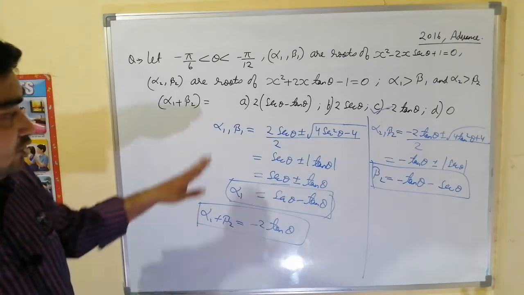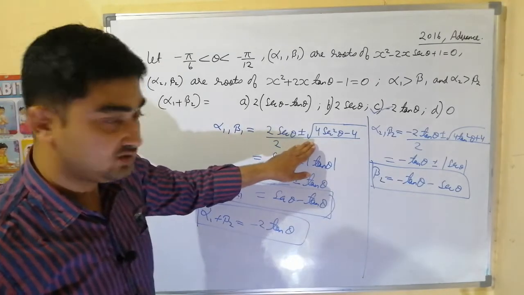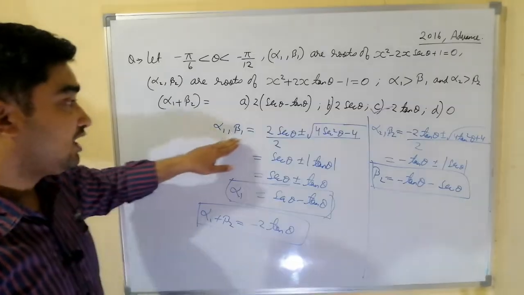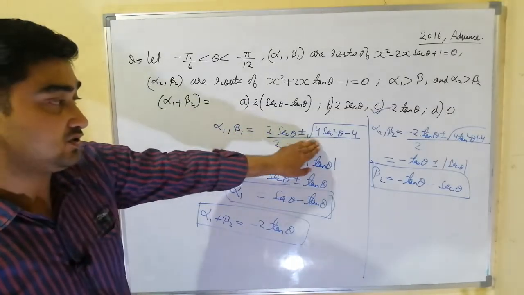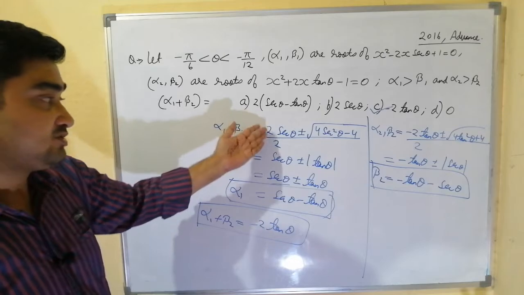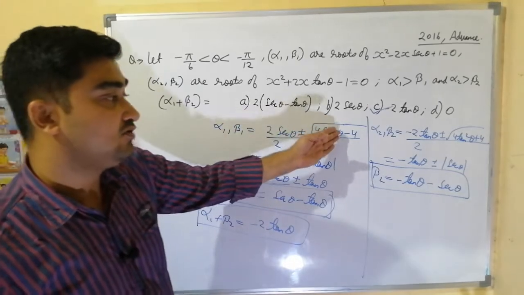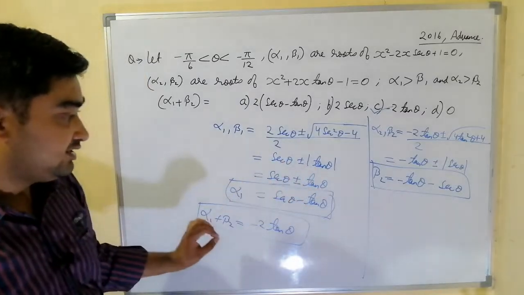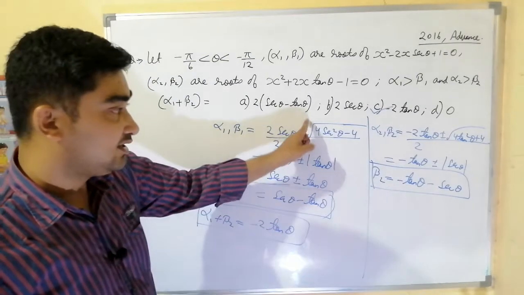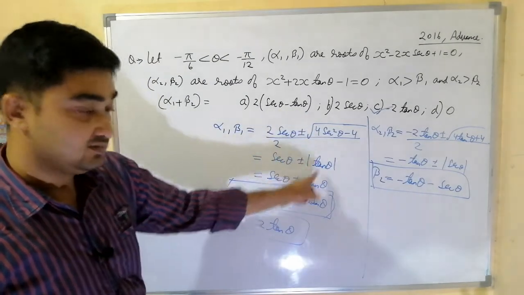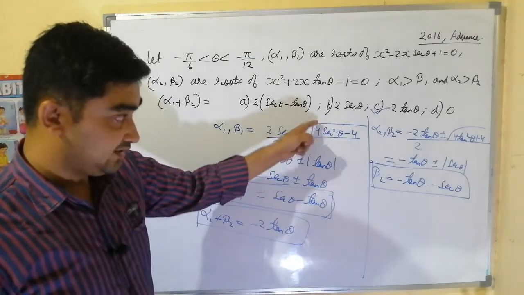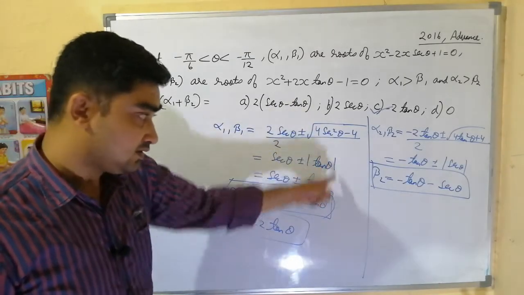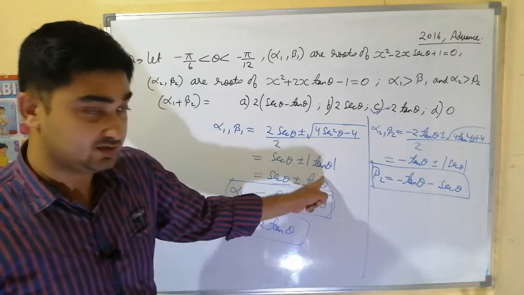So in this problem, all of us know, since 7th or 8th class, how to get the roots of the quadratic equation. Basic formula: minus b upon 2a plus minus under root of b square minus 4ac. No problem in this. Only the small concept is while taking under root of a variable, under root of any variable is mod of that thing.